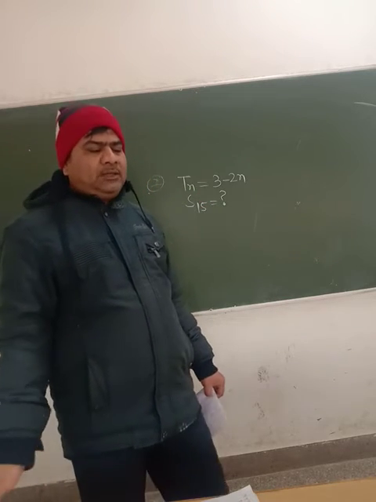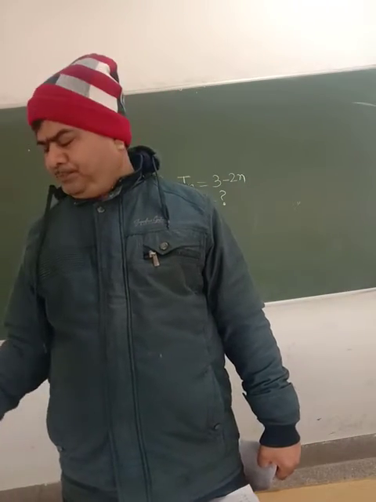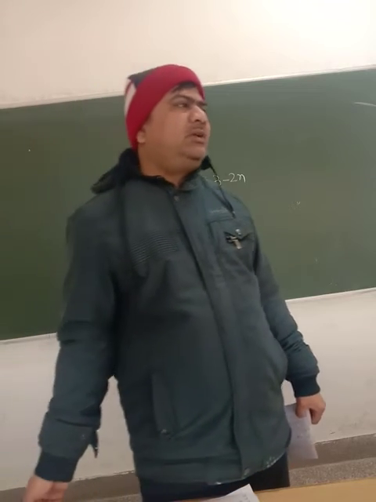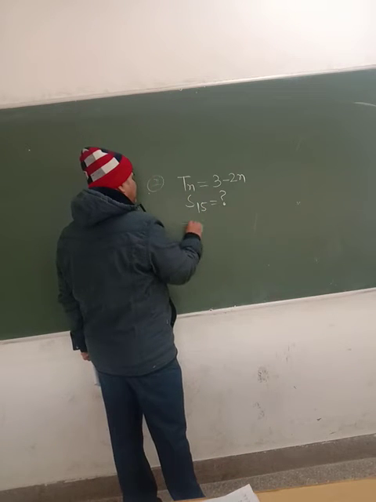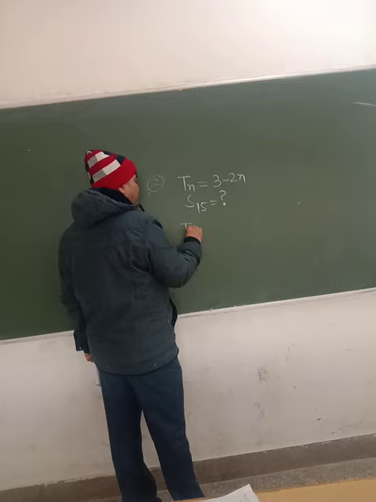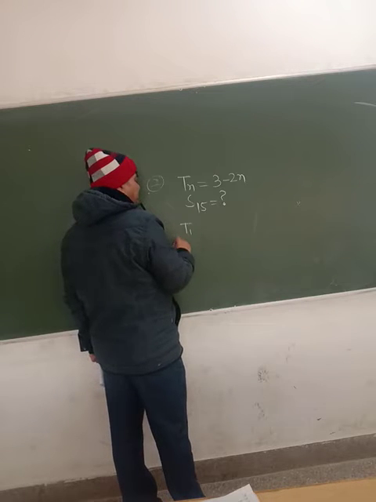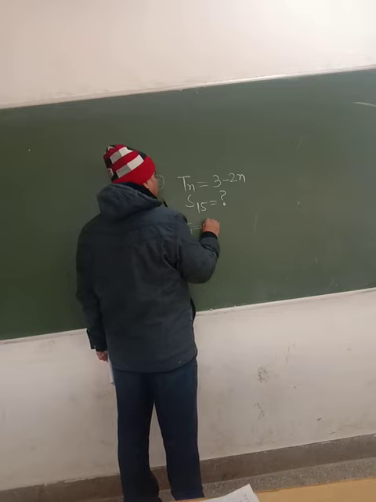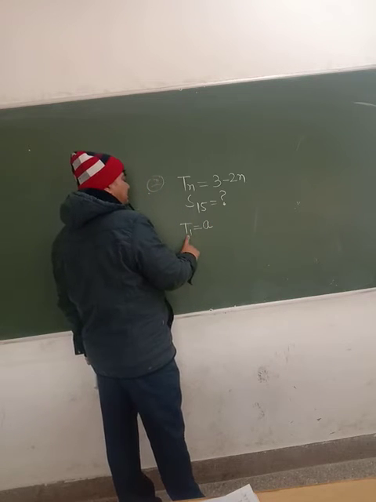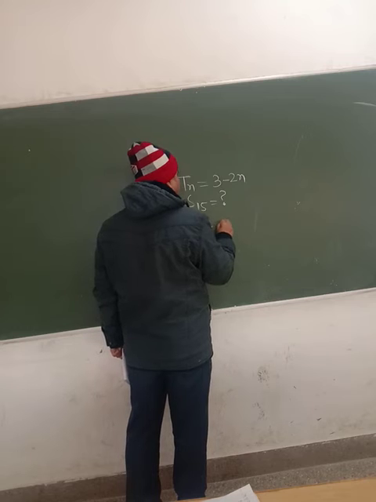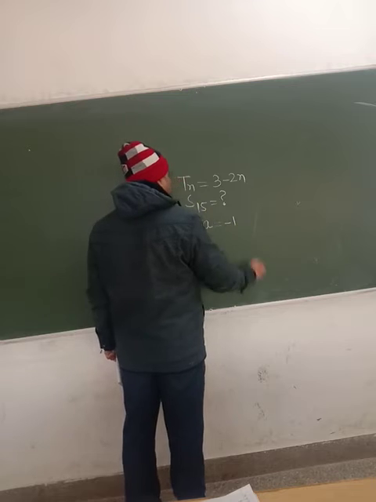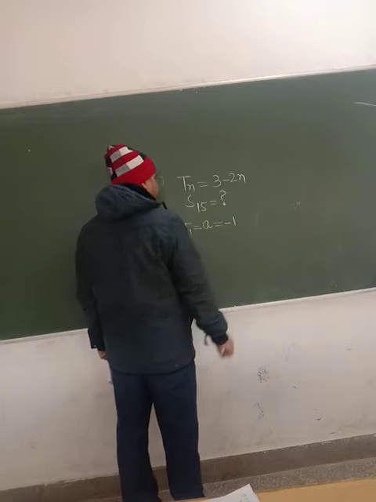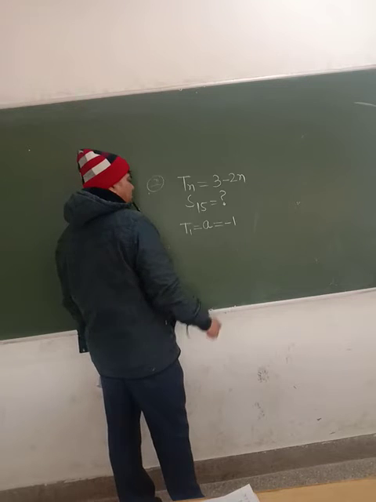So how will you do that? First of all, if you find the value of a and d, then almost your 99% problem will automatically solve. So first put the value of n equal to 1, n की वैल्यू 1 रख दो, तो ये आपको t1, जिसको जनरली a से इंडिकेट करते हैं, ये पता चल जाएगा t1 equal to a. और उसकी वैल्यू कितनी आ जाएगी? इसकी वैल्यू आ जाएगी 2 1 जा 2 means -1. So t1 equal to -1.